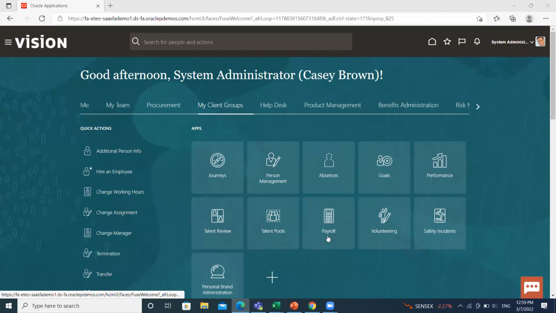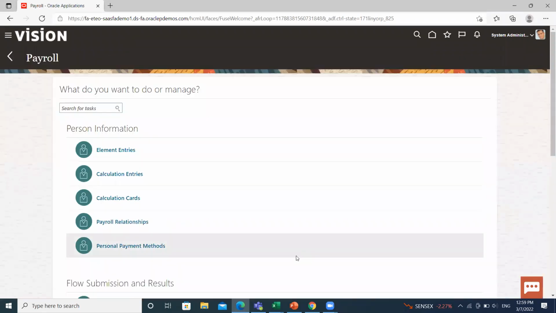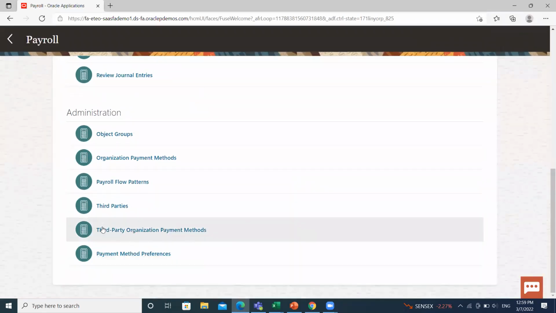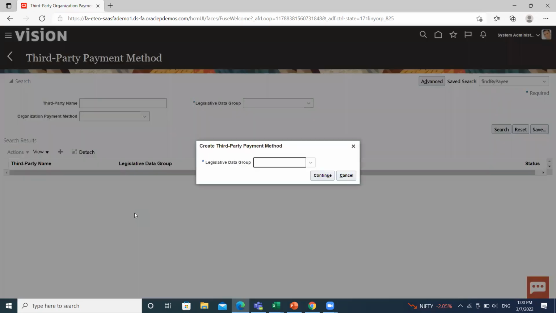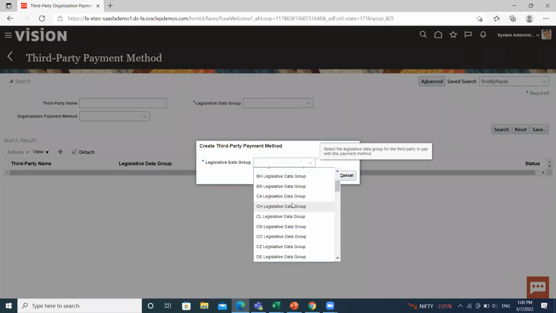Under the My Client Groups, click on the Payroll option and then click on the Third-Party Organization Payment Methods. The organization could be a court, labor union, or a pension provider, or a person not on the payroll. So for an existing one, search by the party name, organization payment method, or legislative data group. Then for creating a new one, click on the Create option, select the legislative data group,